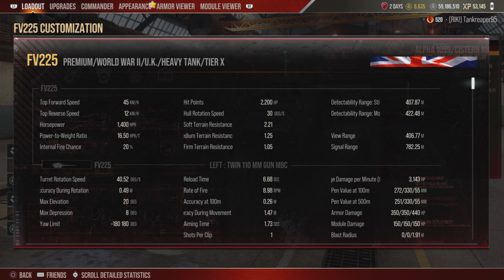Horsepower is 1,400. Power to weight ratio is 16.50. Hit points is 2,200. Hull rotation speed is 30 seconds. Soft terrain resistance is 2.21. Medium terrain resistance is 1.25. And firm terrain resistance is 1.05. The delivery range while sitting still is 407.87, and while moving is 422.48. View range is 406.77. Signal range is